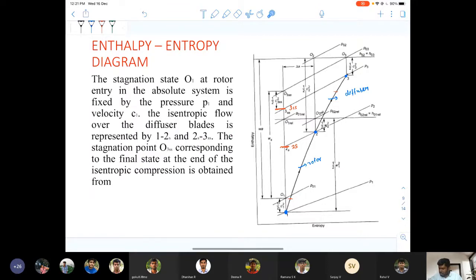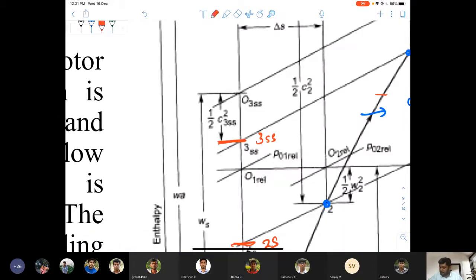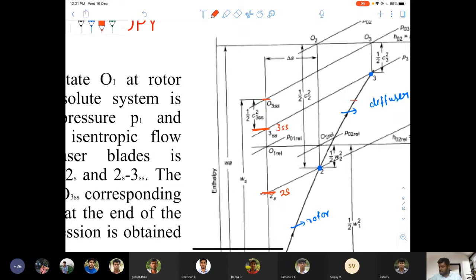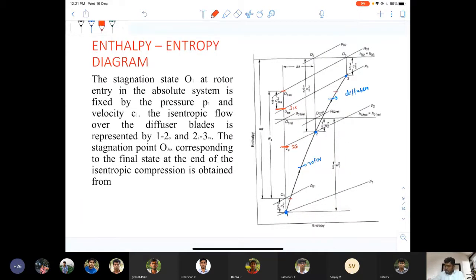The stagnation point O3ss corresponds to the final state at the end of the isentropic compression. That is, at the end of the isentropic compression, this O3ss is considered to be the stagnation point. Okay, at the end of the compression, the stagnation point O3ss is obtained from an equation,